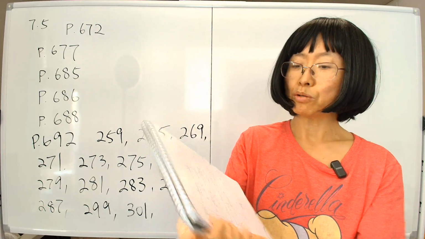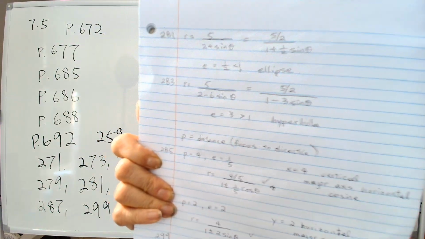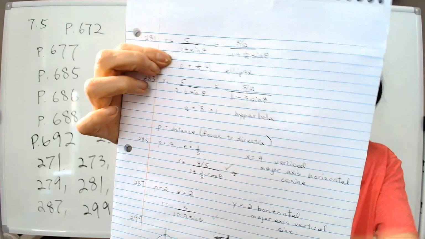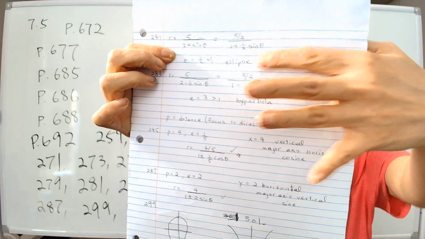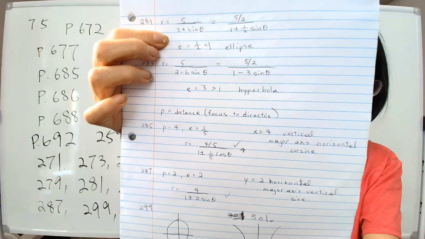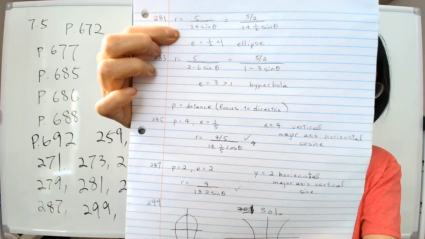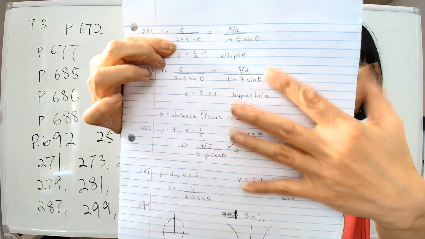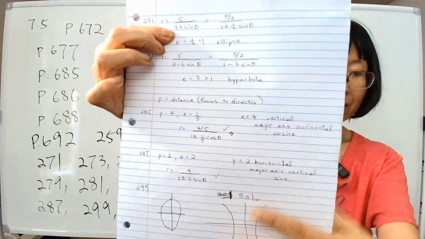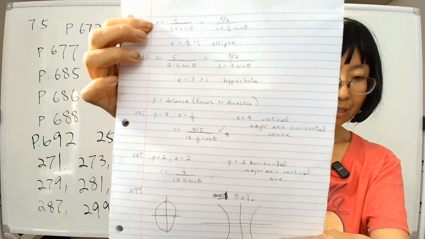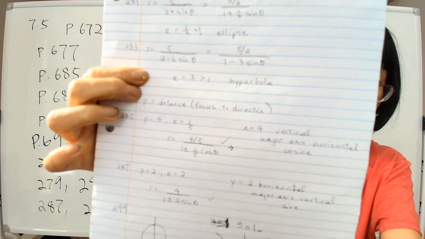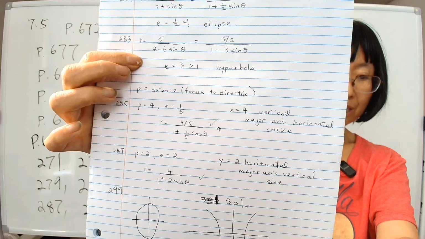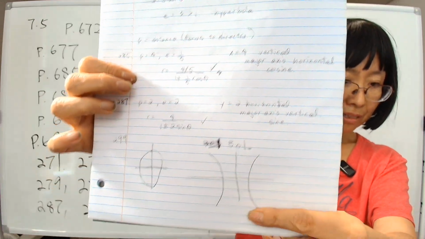Next, 281, we're just writing down the equation, I think. The equation has to be 1, okay? On the bottom it has to be 1 plus something. So you start out at 2, so you divide by 2. Then you get 1, and then the eccentricity becomes 1/2 right here, which makes this equation an ellipse. The next one, the eccentricity is 3, which is bigger than 1, so this equation is a hyperbola. Next, 285,